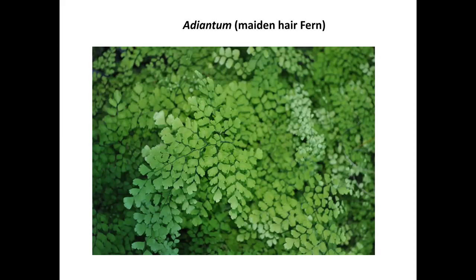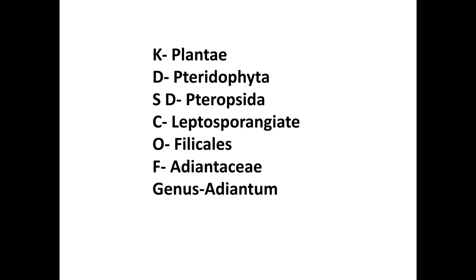In this topic we will be discussing the habit, habitat, anatomy and reproduction in the case of Adiantum. First we'll discuss the classification of Adiantum. Adiantum is placed under the kingdom Plantae, division Pteridophyta, subdivision Pteropsida, class Leptosporangiate, order Filicales, family Adiantaceae and the